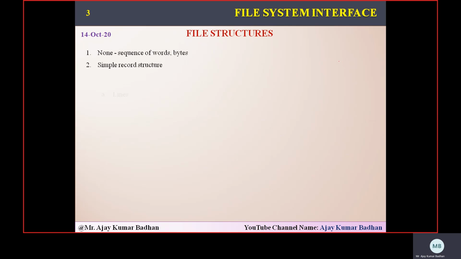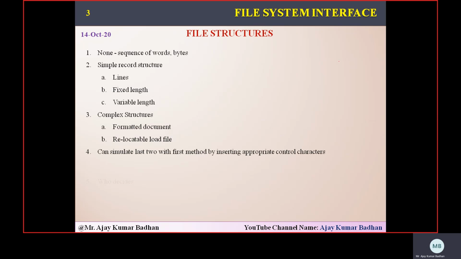First we will discuss the basic information related to file structures. File structure is about how we can determine the structure of a file. We have many different types of files, which we discussed in the previous session. We have executable files,